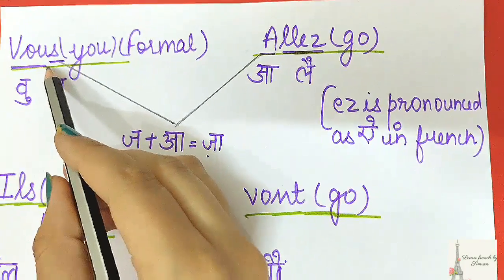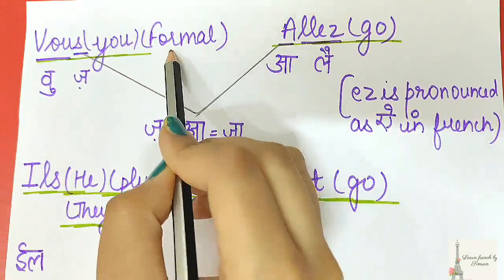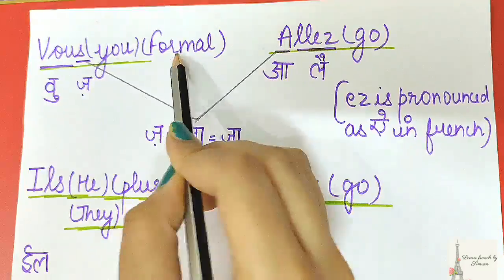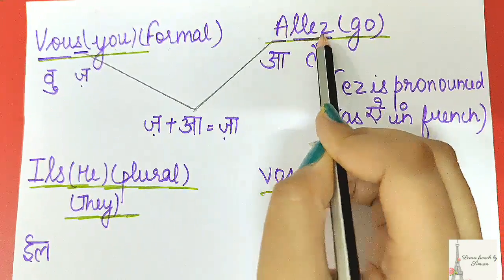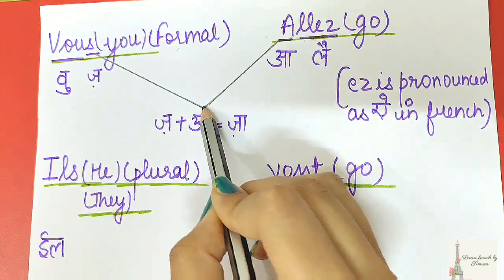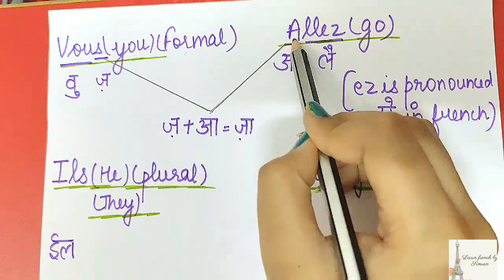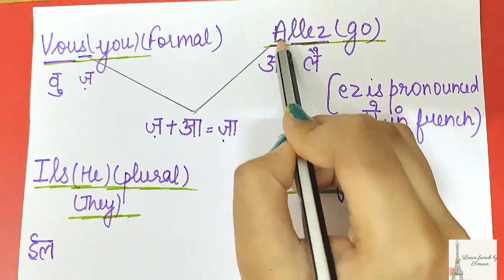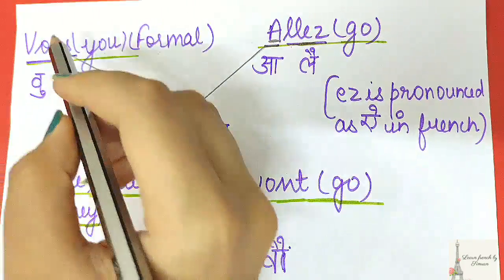Now our next subject is vous, which means you, and yes, it is used in the formal situations only. Now the conjugation is allez. Now we will form the liaison here, because again we can see in the conjugation the first letter is a vowel, which is A. Now what we will do here,